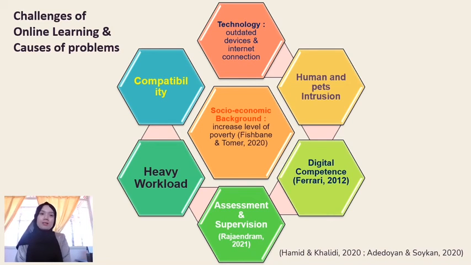Alright, and last but not least, compatibility. What do we mean by compatibility? What I mean here is that not all subjects and contents are compatible with online learning. It is important to note that online learning could cater to social science and humanities subjects, but sports science and experimental science are still struggling to find the most effective ways to adopt through the online platforms.